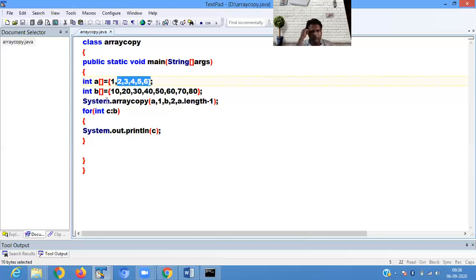Now for retrieving the array elements, we use the enhanced for loop: for int c colon B. After the copy we want to retrieve the array elements of B, so it retrieves all the elements and shows the result here.